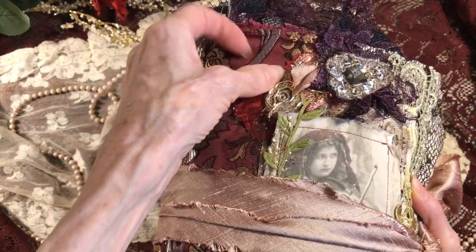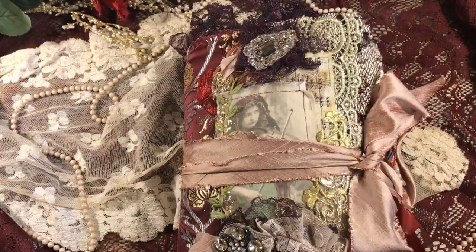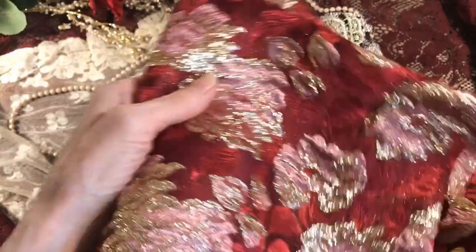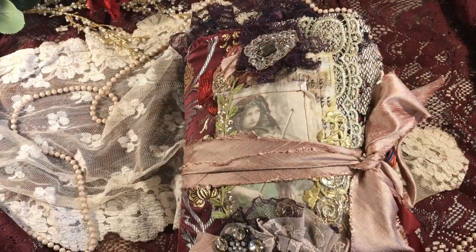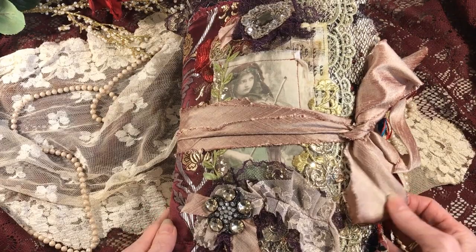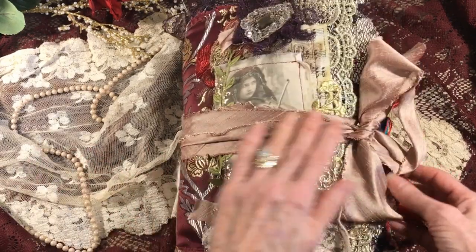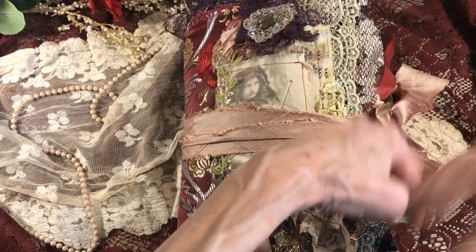And this red rose brocade fabric was from a skirt, and let me show you that. Also from Goodwill. As you guys know, I just love to shop Goodwill for fabrics, and other thrift stores. You can find some gems, and they're usually very inexpensive, and you get so much fabric for your money. And this is a silk ribbon that is a wrap around,